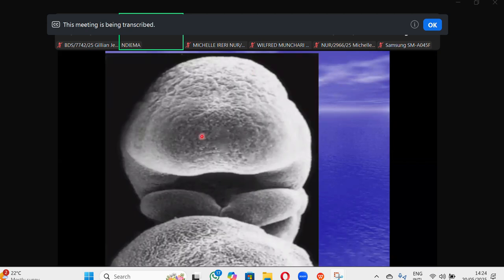The frontonasal prominence originates from the neural crest cells that arise from the forebrain and the midbrain. This part is a maxillary process. They are paired. The frontonasal process is just a single one. Maxillary processes are paired. So the maxillary processes usually together with the mandibular